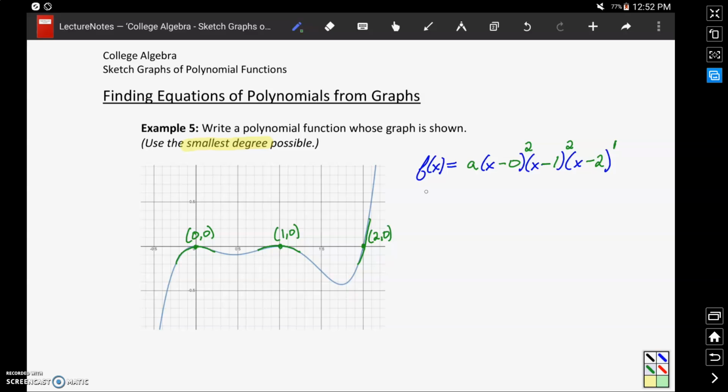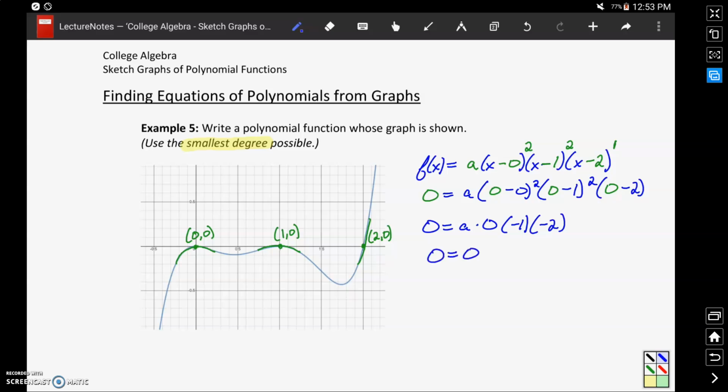So substituting in y equals 0 will give us 0 is equal to our value a times, in place of x, we'll substitute in a 0, minus 0 squared times 0 minus 1 squared times 0 minus 2, that quantity to the first power. This will give us 0 is equal to a times 0 times negative 1 times negative 2, or simply 0